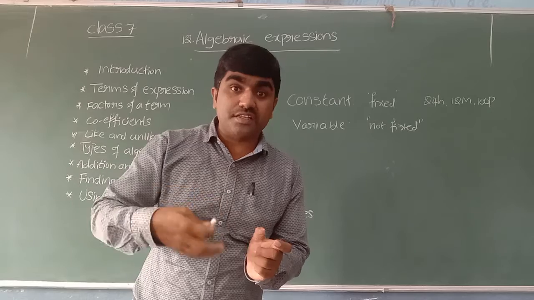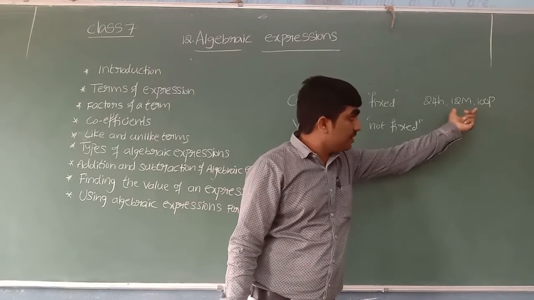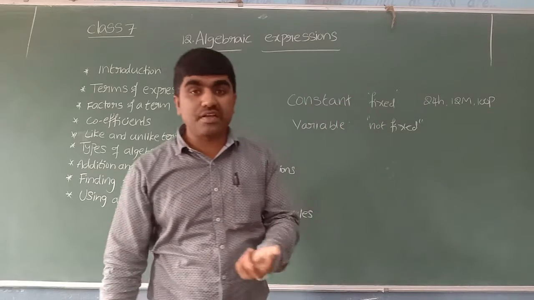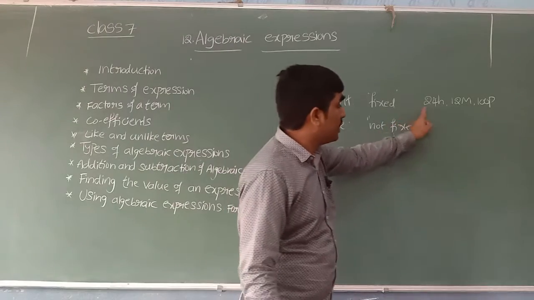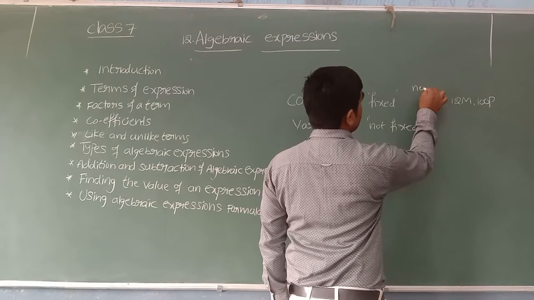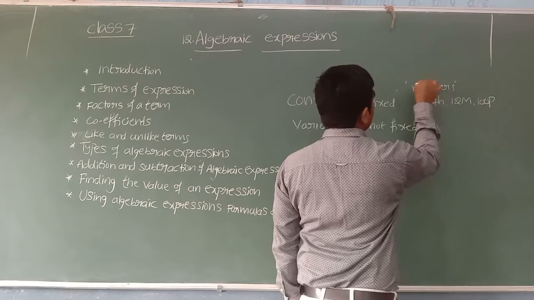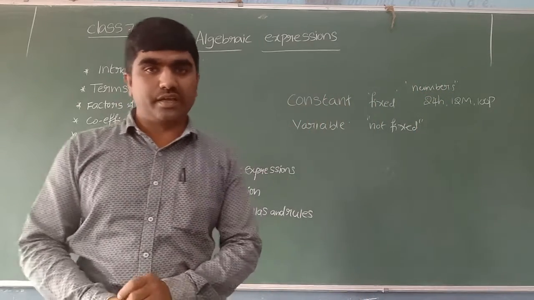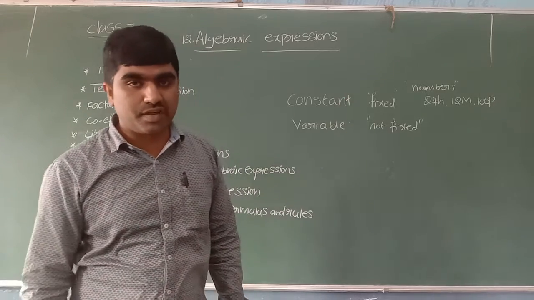Now the statements I said, like number of hours in a day, number of months in a year, number of paisa in 1 rupee, all of these have fixed values. And how are we representing these fixed values? 24, 12, 100. Yes, to represent fixed values, we take the help of numbers, like 1, 2, 3, 4. And what is meant by variable? It does not have a fixed value.